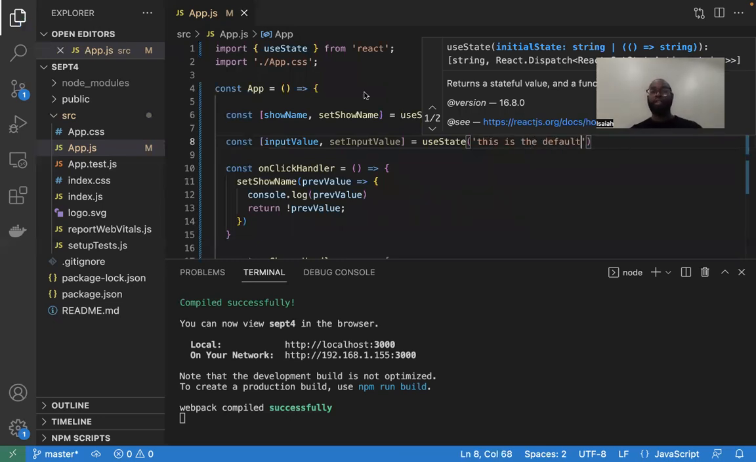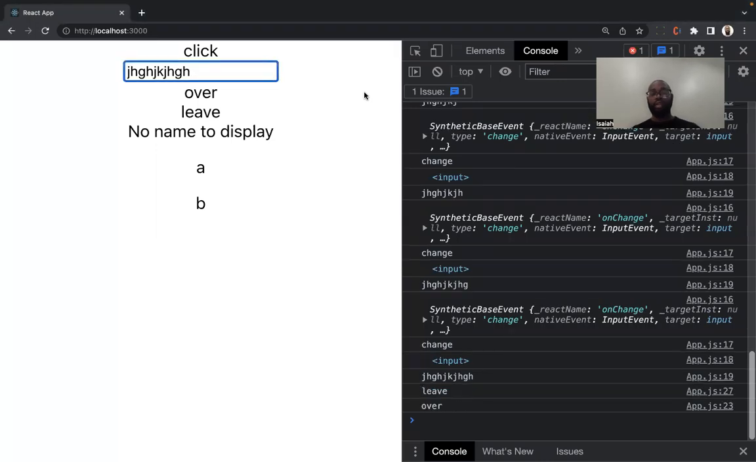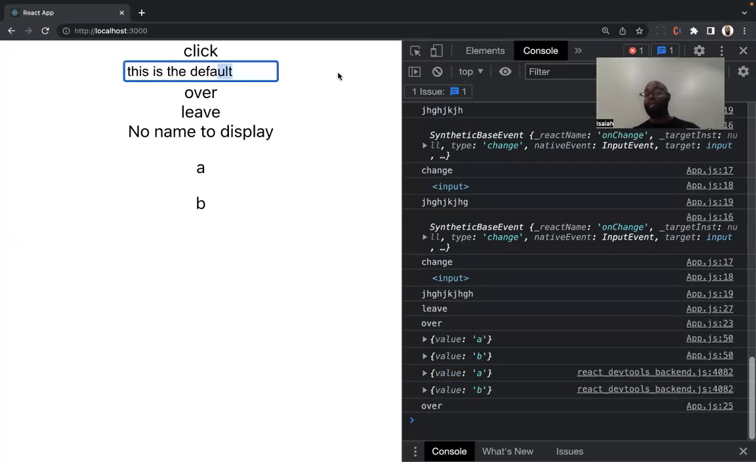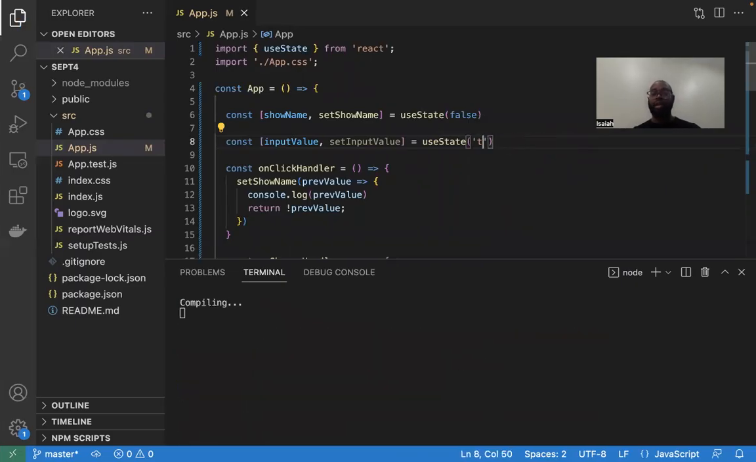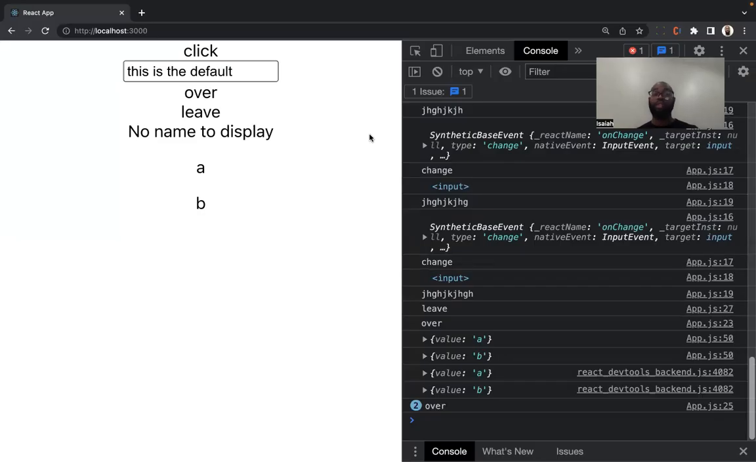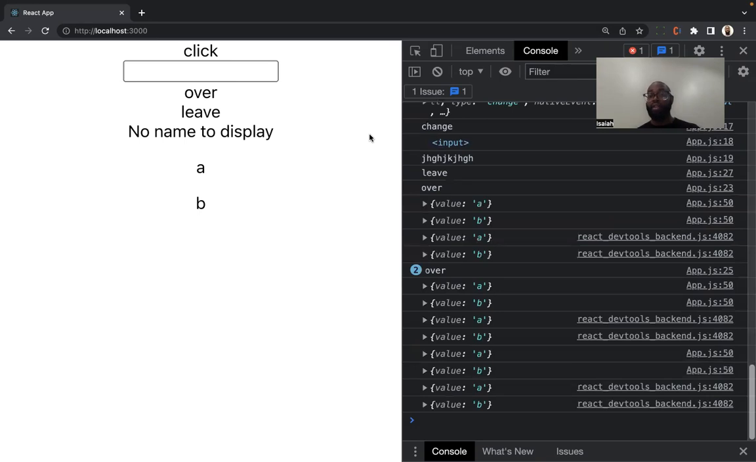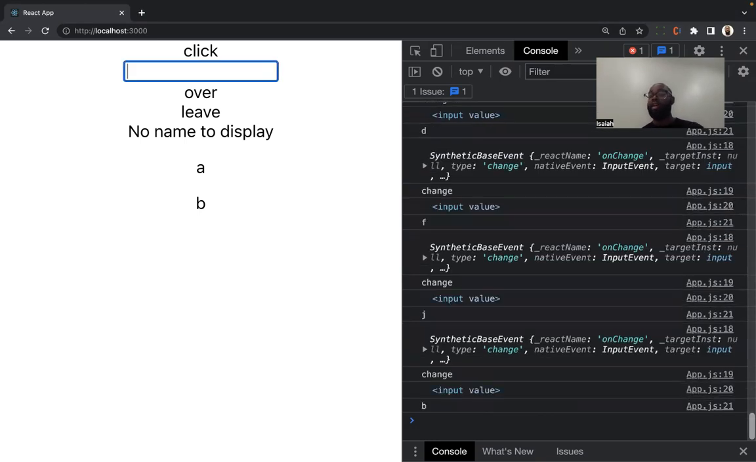So if I go back here, it refreshes with "this is the default." We automatically gave it some text, and we don't have to do that. I'm just going to default it with an empty string. Keep that as is. It defaults back to an empty string. Okay, cool. Now if I want to control this, right now when I type in here, nothing happens because the value of it is